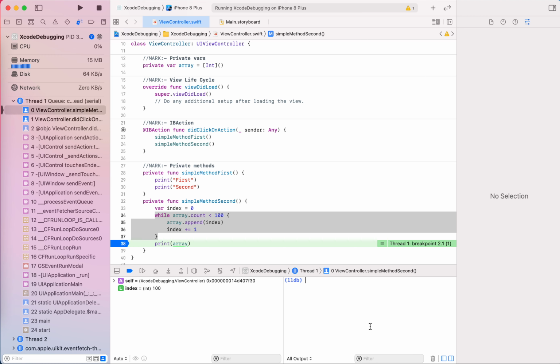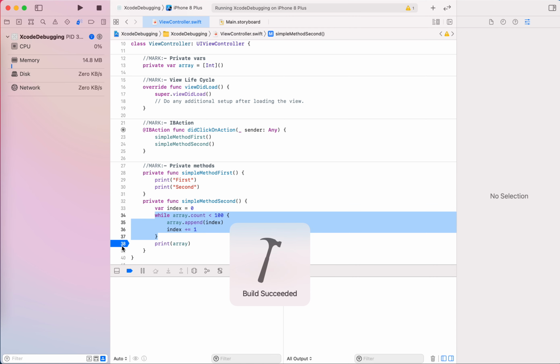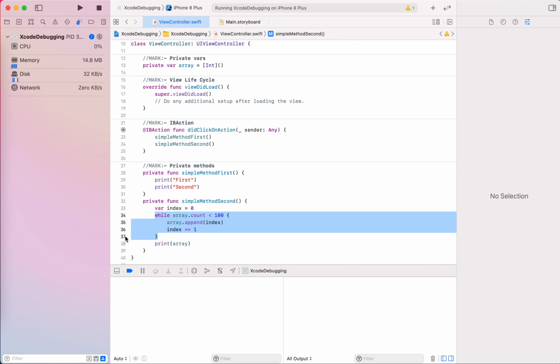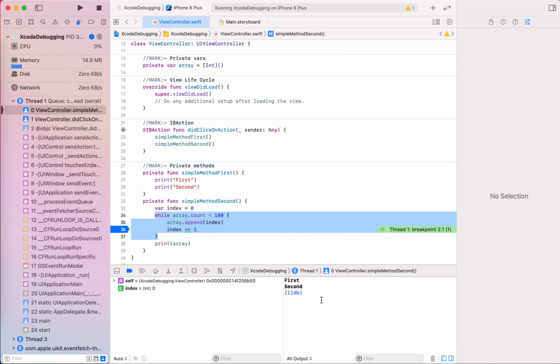Now the other command is the expression command. I run the app again and click on this action button. Now you can see that there is only one element.